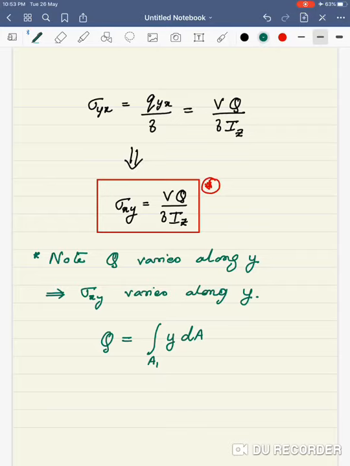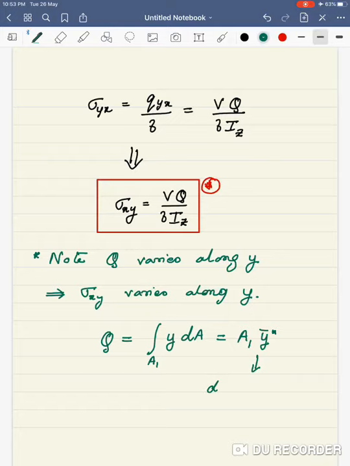And hence this entire thing can also be expressed as this area A1 multiplied by y dash star,